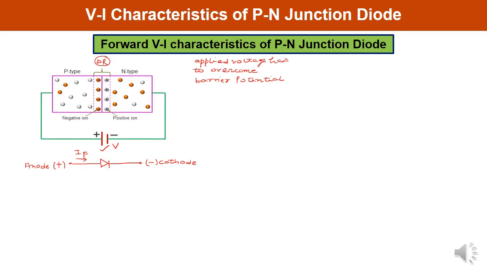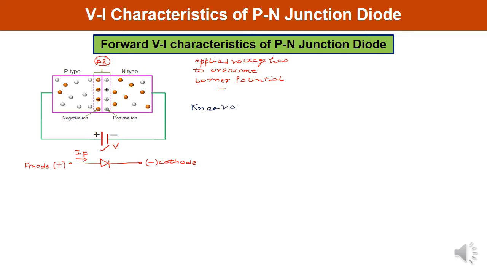And then diode means at this particular point, till this particular point, the diode conducts poorly, a very small amount of current flows. And once the applied voltage is slightly greater than this barrier potential, then what will happen? The diode current increases rapidly and the diode conducts heavily. So this voltage at which the current starts increasing is known as knee voltage.